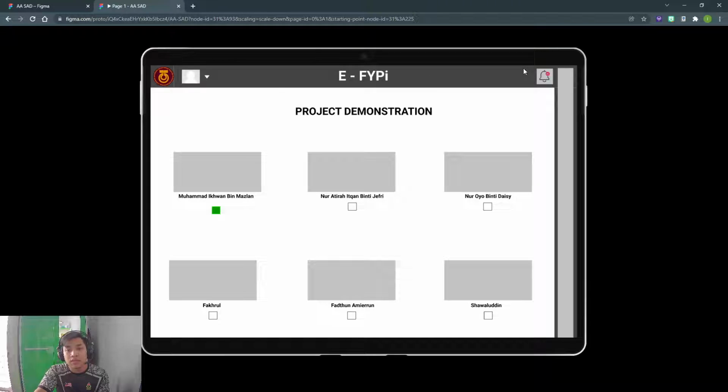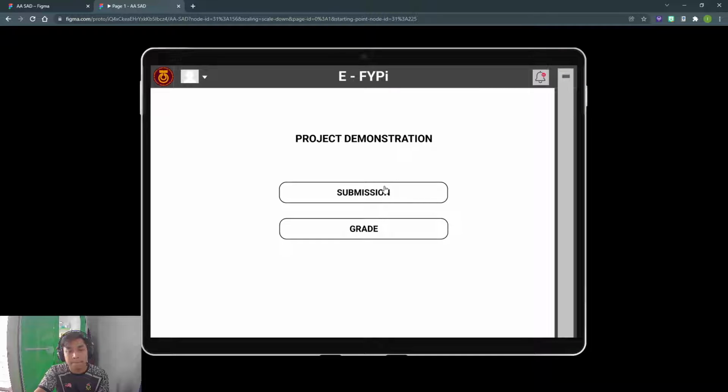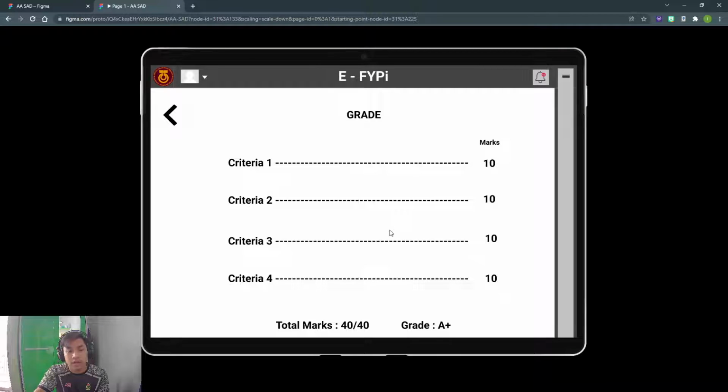Now we can log out and go back to the student. Now we can look at our grade. The grade that has been entered by the coaches will be shown here. So yeah,